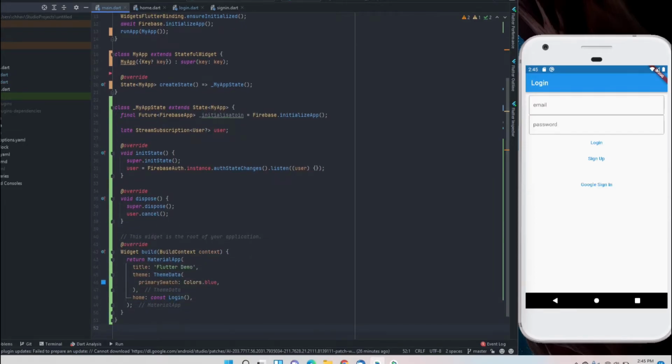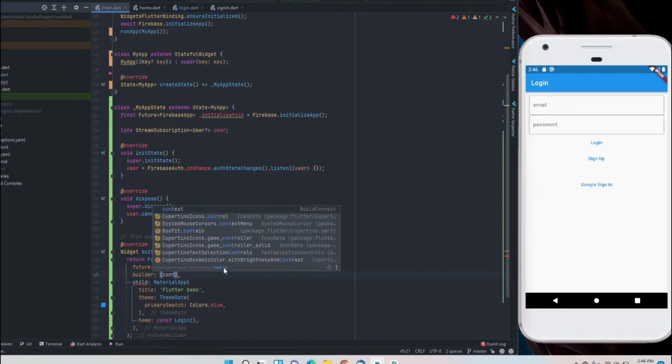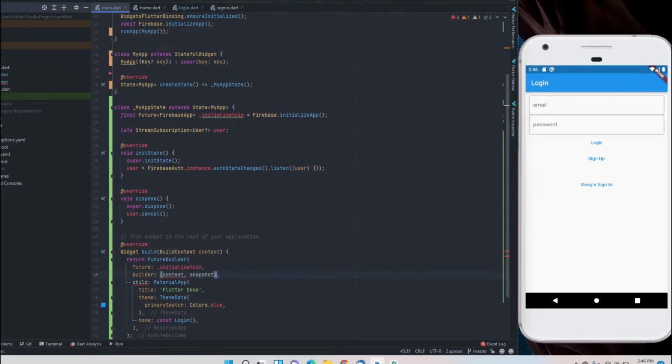Okay, so now for the widget, we will return a FutureBuilder. We'll wrap our MaterialApp in a FutureBuilder. So now for future, we will give _initialization, the variable which we made right here. For the builder, we will have a context and a snapshot. And if snapshot